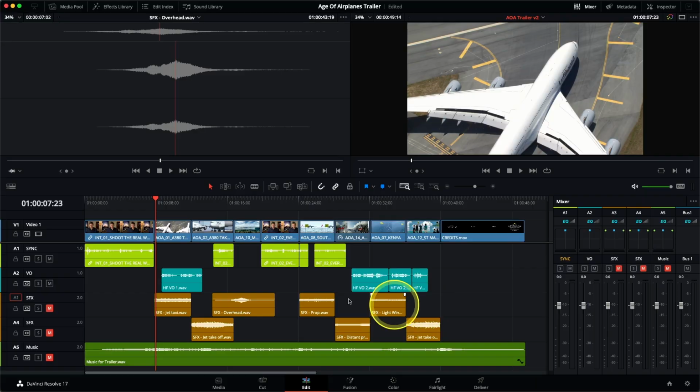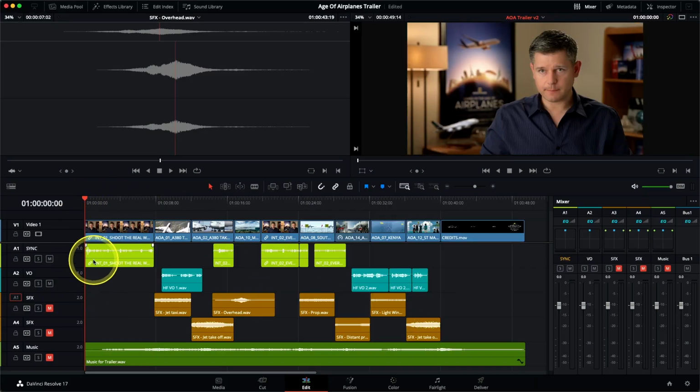Now that I've got my audio channel sorted out, I can start thinking about the levels that need to be set. It depends where you need to deliver your audio to as to what levels you should be aiming for. However, as a good rule of thumb, around minus 12 dBFS on the main output meter is probably something good to aim for. You can also listen to the audio and just make sure you're happy with the mix. The main thing is, can you hear the different elements, making sure that one element does not swamp another. I'm going to go back to the beginning of the timeline and play